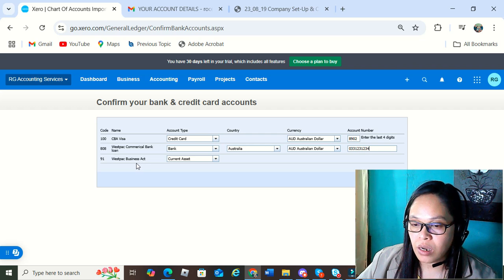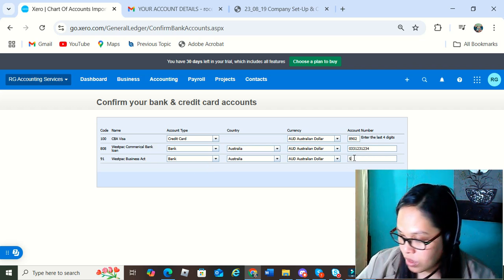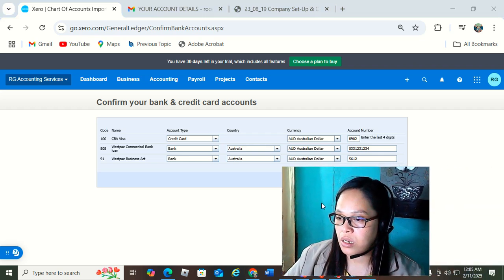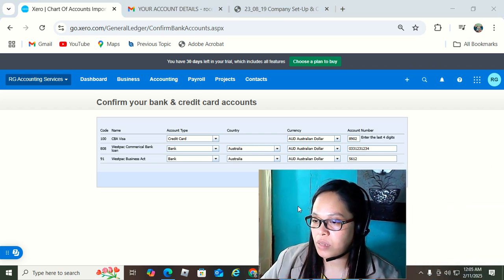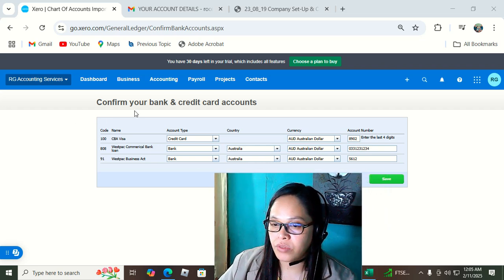Then the other account, Westpac business account, is also a bank account. Then you can input here the last four digits of the bank account. Then after confirming your bank and credit card accounts, you can click here save.